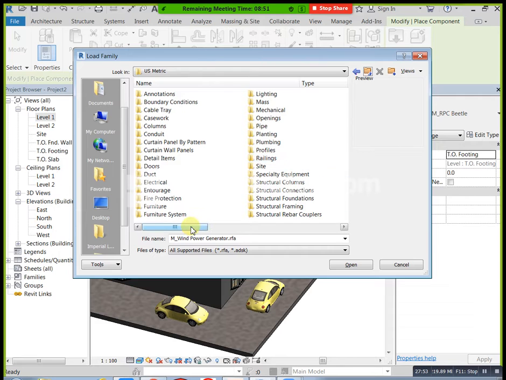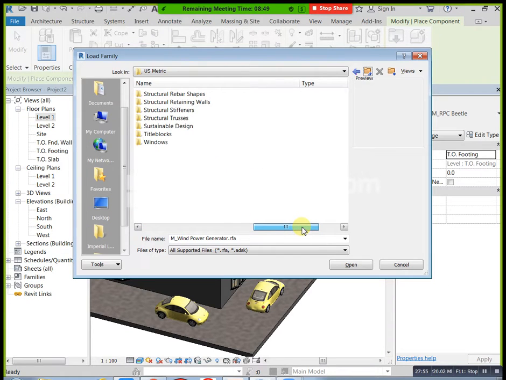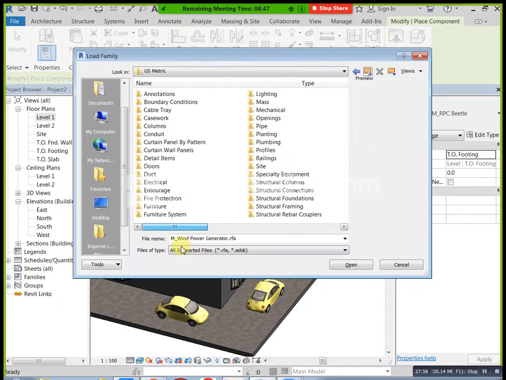Okay, and we have columns for structural purposes, structure services there. For structural purposes we need footings, columns like RCC, rebars, reinforcement is there, na, for that purpose, and rebar couplers. In that condition you will get all these. Structural columns, structural connections, structural foundation, structural framing, structural rebar couplers, structural rebar shapes. Okay, these all come in structural services, and structural stresses also. In the component place condition you will get only this much. If you need anything extra, we need to discuss the remaining. Okay, next tomorrow I will discuss elevation design.